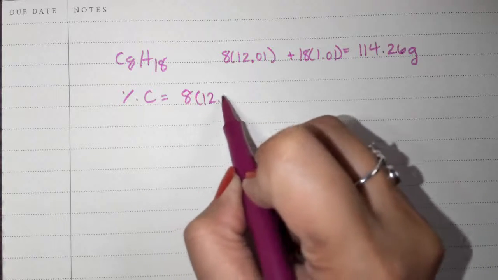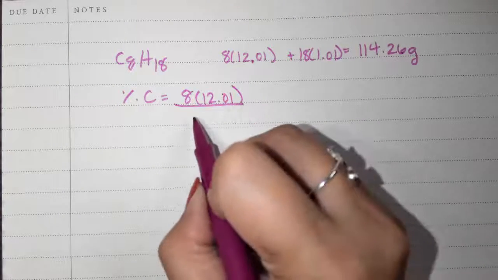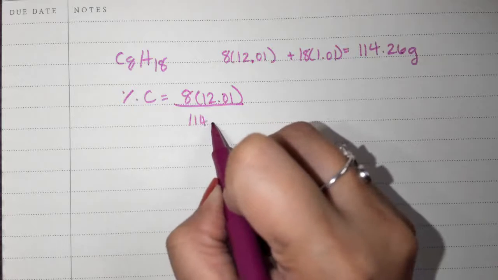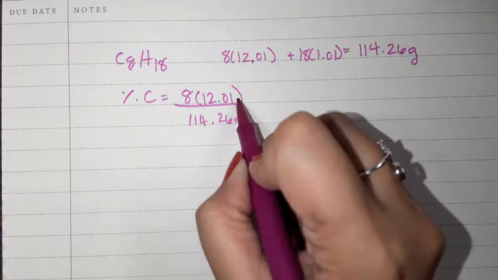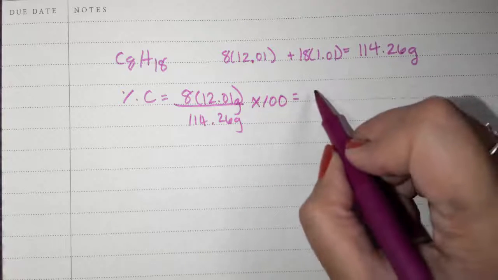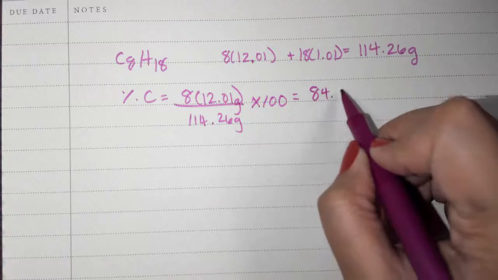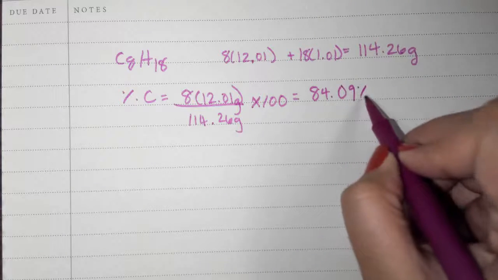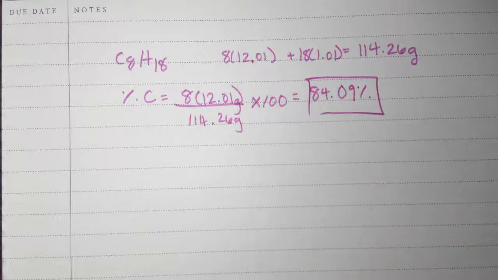And then from there, I can just find carbon's amount. So 8 times 12.01 divided by the total 114.26 times 100. Now we'll get 84.09%. And so I don't have to do all elements because